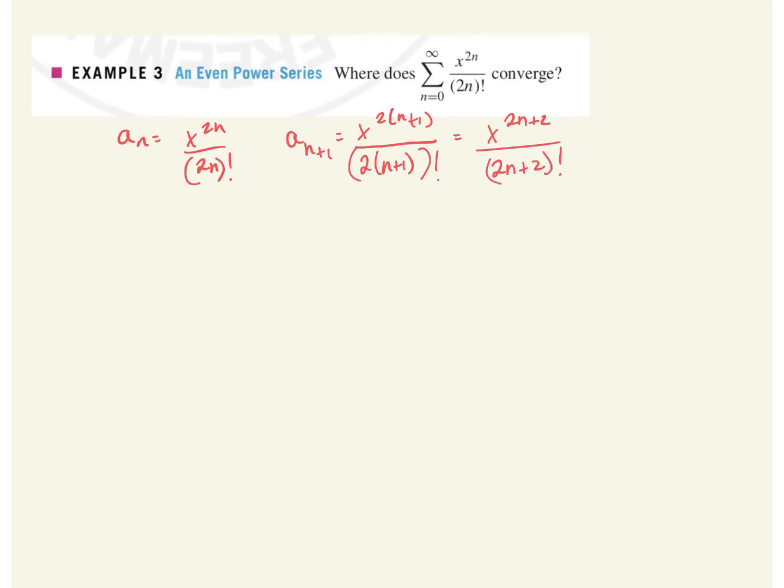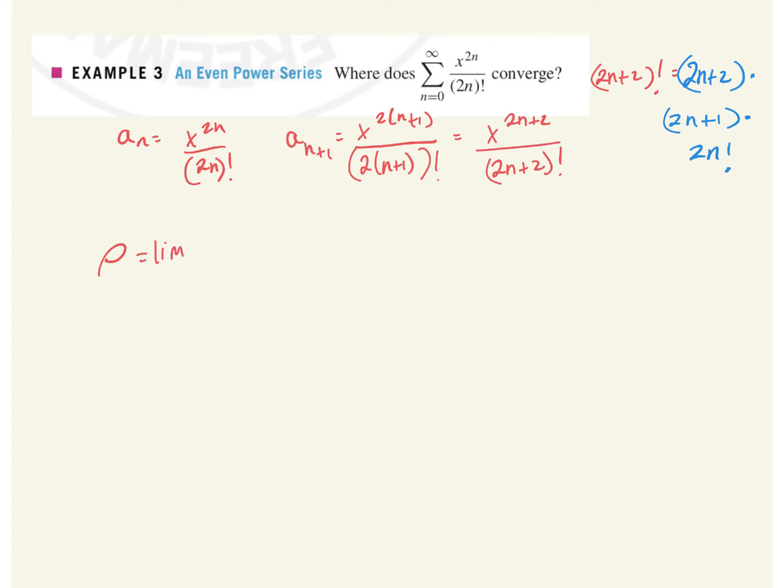Okay, so before I continued, I did a little side work and I said, well, 2n plus 2 factorial is equal to 2n plus 2 times 2n plus 1 times 2n factorial. Right, so I was able to break it apart so that I'll be able to cancel that 2n factorial later on. There are two factors after the 2n factorial portion. All right, so now when I go to my ratio test,